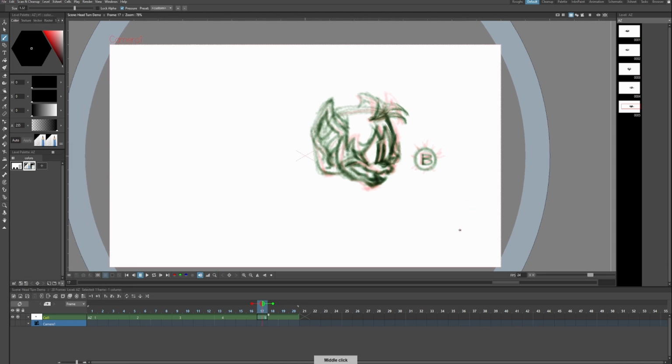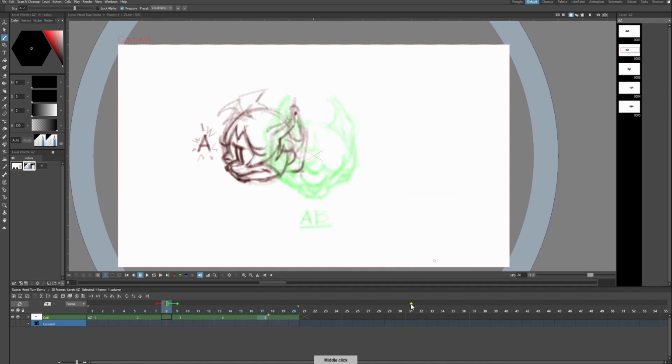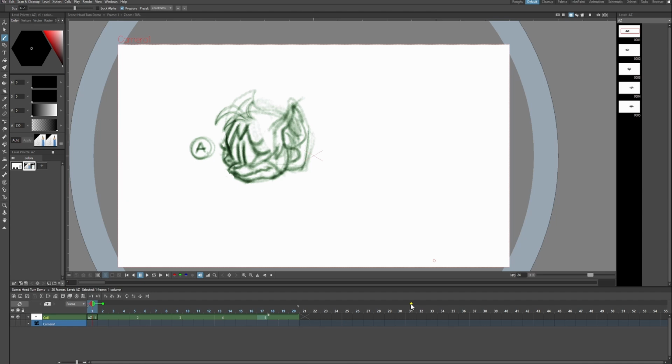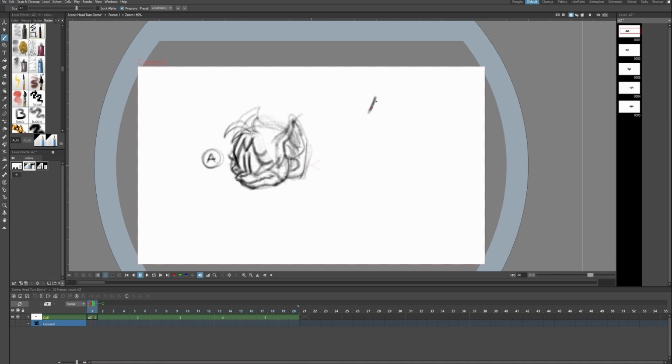So that was the first step of the timing phase. Now we're going to move on to making our timing chart. For our timing chart, we want to be mindful that we're going to be animating on 2s, meaning each of these drawings is going to be exposed for 2 frames, or it'll last 2 frames. If you don't know about ease in and out, or the different types of motion, click the video in the card. So we have A,